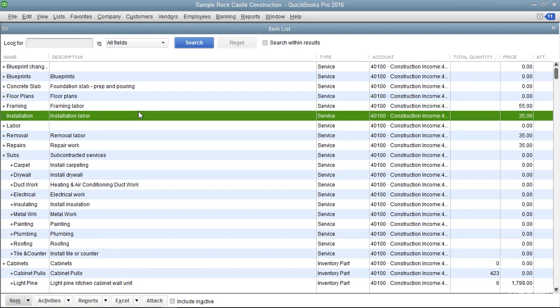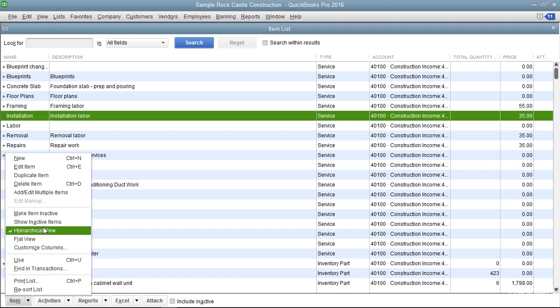You can set up service items in the item list for services you provide. This helps you avoid repeatedly typing line item information into sales forms. Like all items, you create service items by first opening the item list. To create a new service item, click the Item button in the lower left corner of the list window and